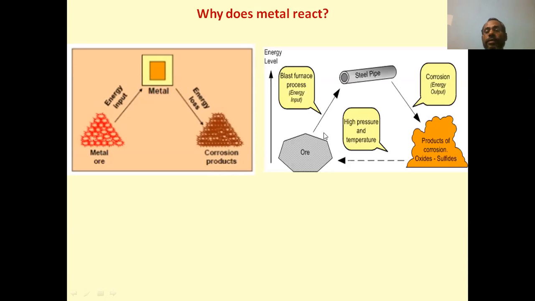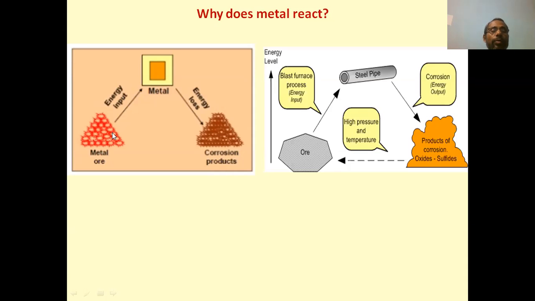Now what happens here? Look into this, this is the energy axis, and energy is increasing in this direction. The pure metal has high energy as compared to the ore. And the natural principle is that anything having lower energy is more stable than a thing having higher energy. So if you compare the ore and its pure metal, the pure metal has higher energy compared to its ore. That's why when we get the pure metal, it combines or reacts with the atmosphere and comes back into the corrosion state, which has less energy. That is shown here also.